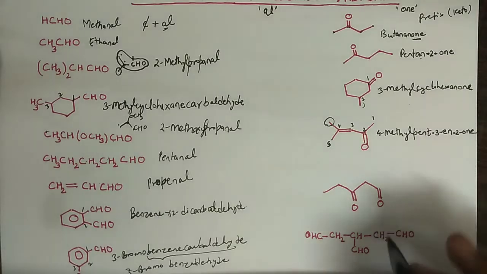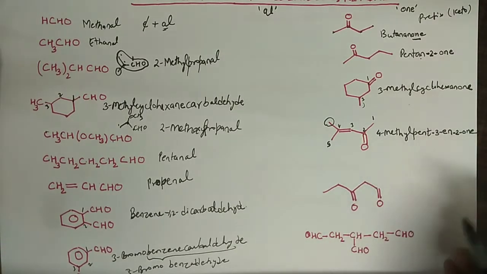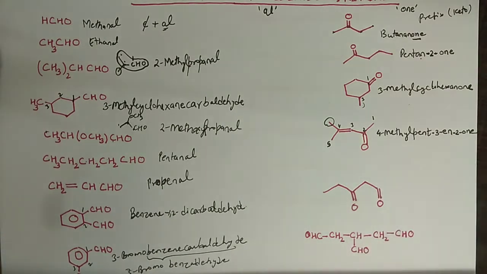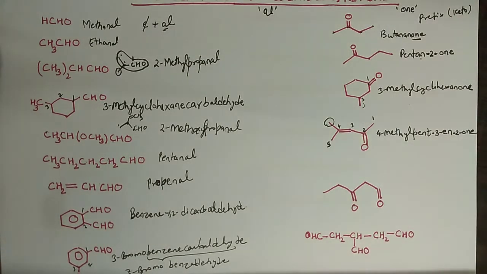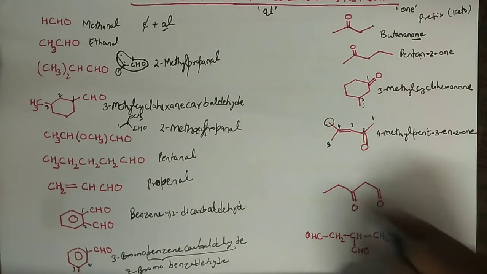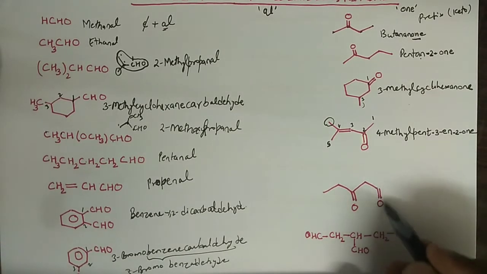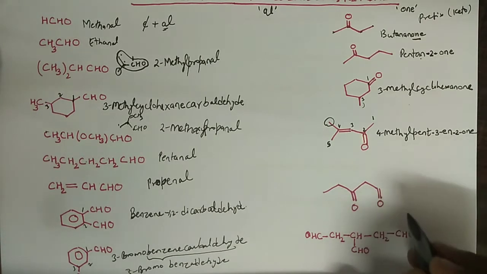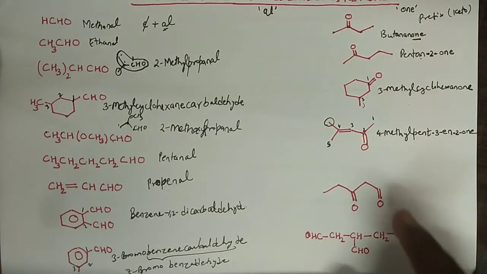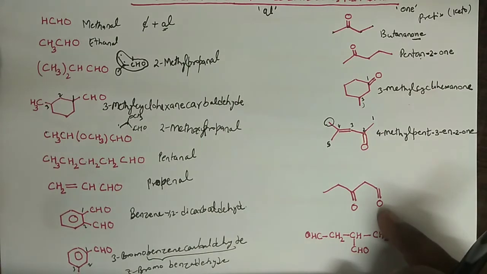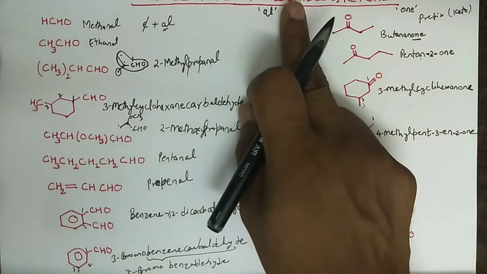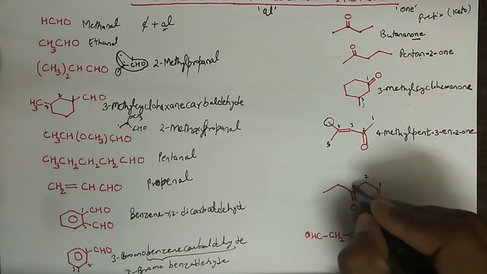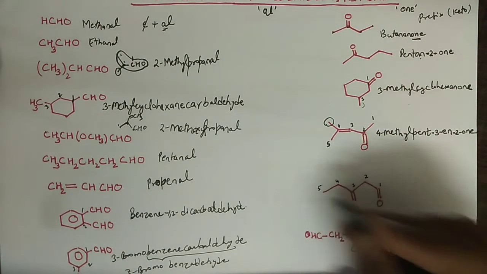Okay, now from this compound you are going to learn the most. Here this carbonyl group is present at the extreme, and the other carbonyl group is present in the middle. So this carbonyl group is going to be an aldehyde while this is going to be a ketone, right? So numbering should be according to the aldehyde, because we have learned that aldehyde is preferable as compared to ketone. So number from this side 1, 2, 3, 4, 5.